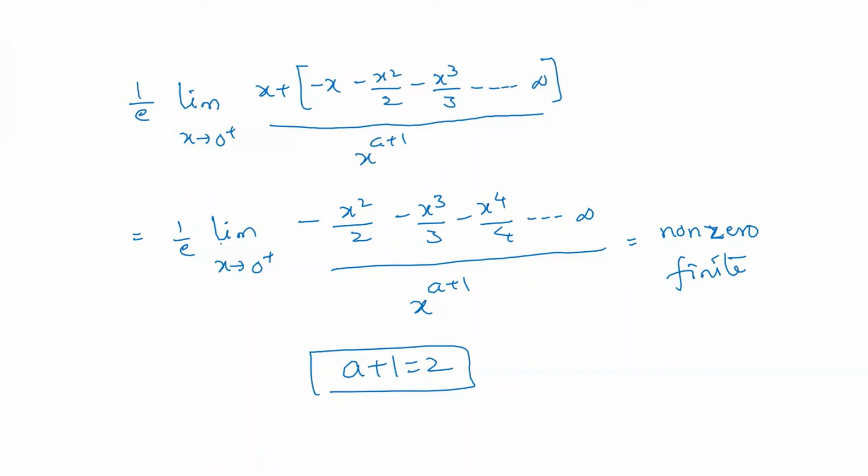So we'll be getting the limit answer as minus 1 upon 2e, which is a non-zero finite number, right? That is exactly what they're asking in the question. So the answer for a is going to be 1. Here we just have to do the interpretation of how to get the required answer non-zero and finite, and from there we are getting the answer for a as 1.